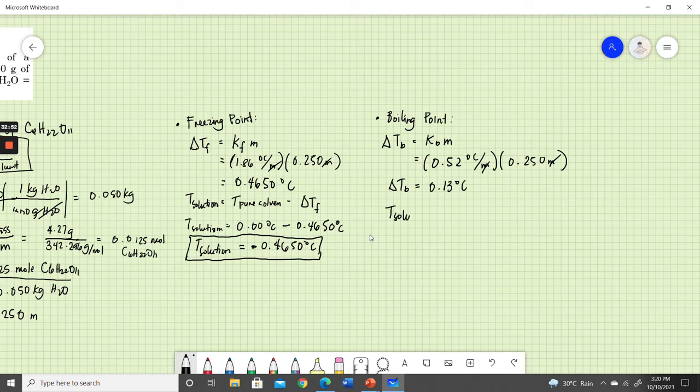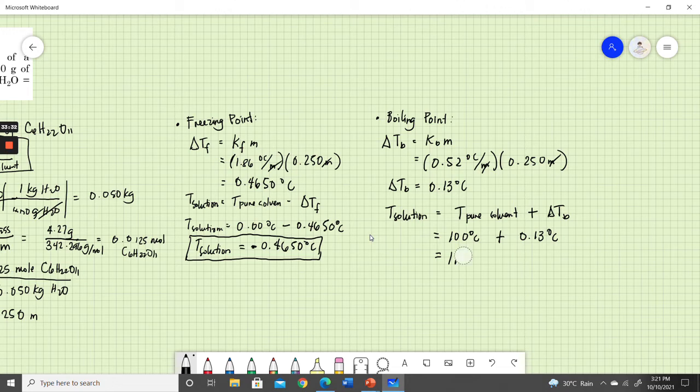Same thing, to get the new temperature of the solution, what we need to do this time is add. So the boiling temperature of the pure solvent plus delta Tb. And ang mangyayari ngayon, the boiling temperature of the pure solvent is 100 degrees Celsius. Again, your solvent is water and your boiling temperature niya is 100 degrees Celsius plus 0.13 degrees Celsius. And yung sagot natin ngayon is